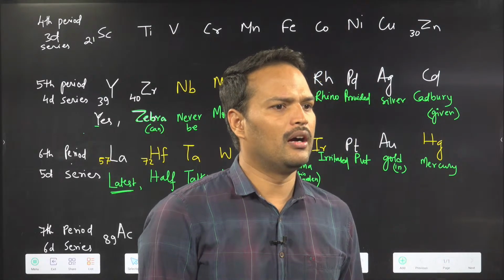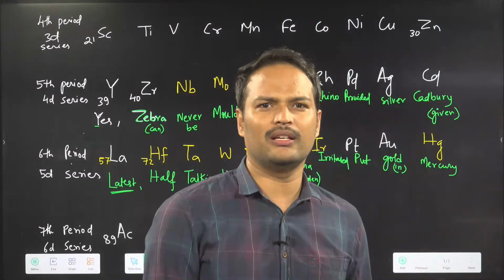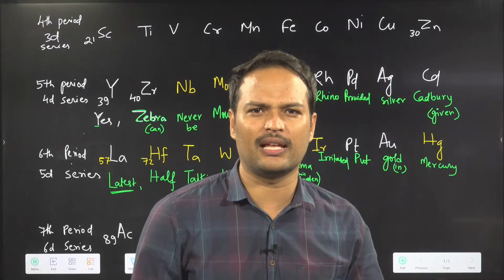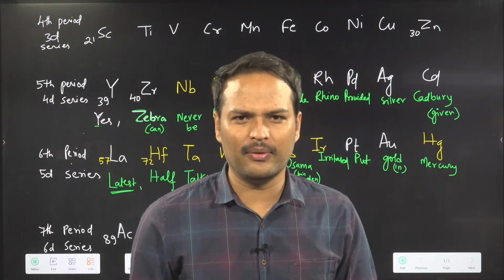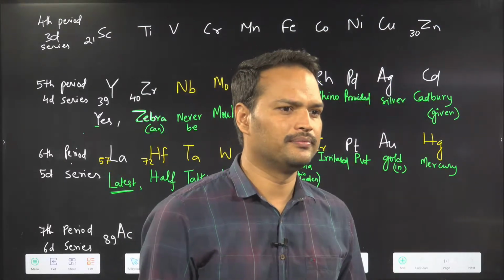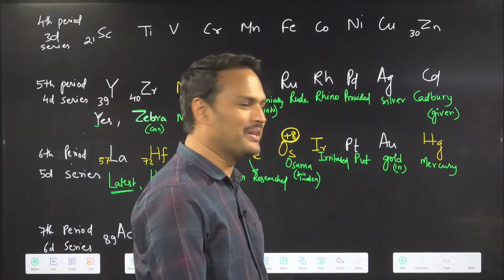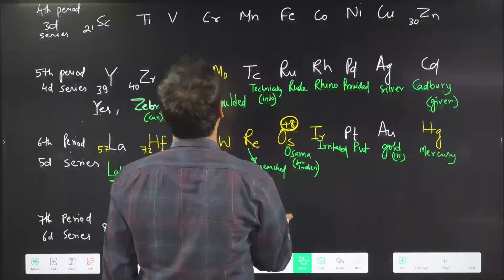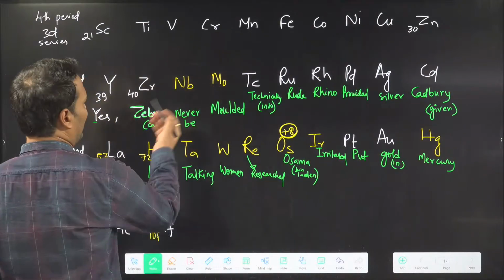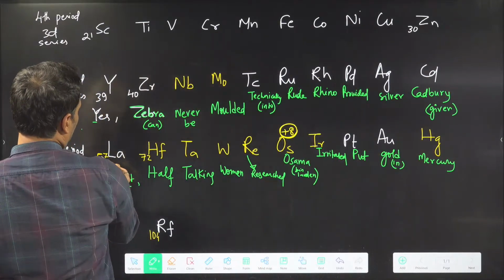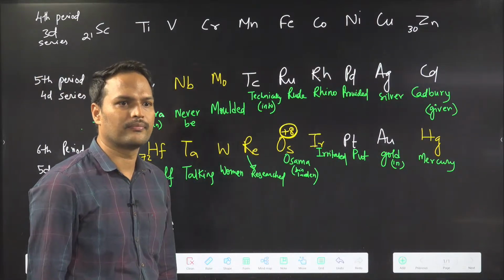ठीक है? Bindu is there. B, from B what will you have? Boron. ठीक है ना? So this is like we do activity in school na. So this is like activity. Okay. So whatever your name is, for the first alphabet you find an element from it. ठीक है? Clear? हाँ, Dharni, Dubnium. Dubnium we are going to write in the next one, Db. Acha, from where to where it starts and ends, that also you can keep in mind. Like this is 39, 40, 57, 72, 14 missing, 89, 104, like this.